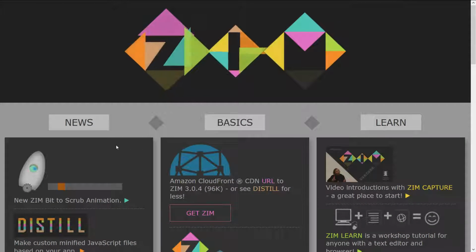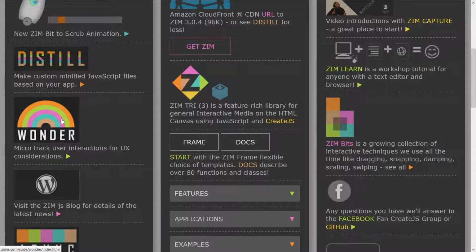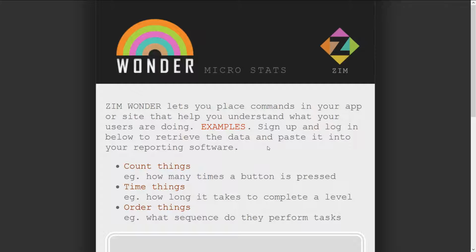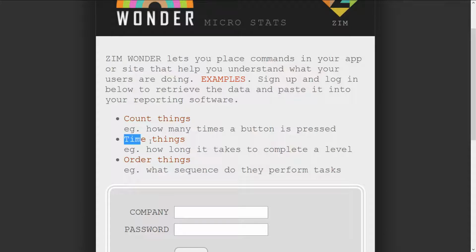All right, that's ZIM Distill. ZIM Wonder is a way to place these commands in your app at any point and find out what your users are doing. So if you're wondering how long it takes a user to operate something, you can do that. You can count how many times they've done something, how many times they pressed a button,